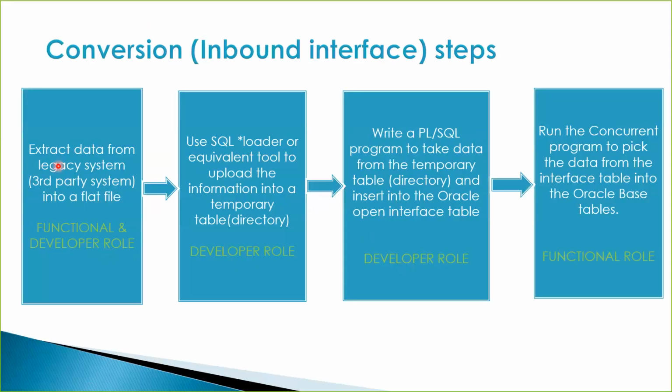Okay, so the first step is to extract the data from the legacy system or third-party system into a flat file. For example, you have a legacy system that you want to move your historical data from into the Oracle system. You have to find a way of extracting that data from that system. Normally, once the data is extracted, it's prepared in a CSV format file. Okay, so you're going to prepare that. All right, and then now the second